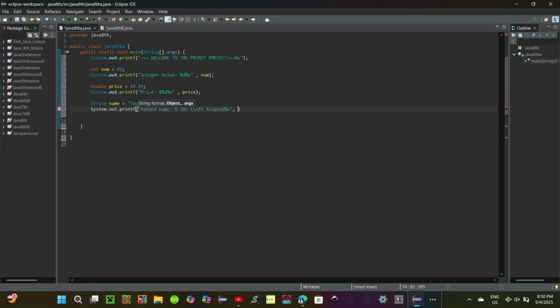name. Wait, before that, let me fix this, and then we'll do space and name. Now we'll put a semicolon there, and we're good to go. Now you guys can write this out again, but I'll just copy this and bring this down, and then we'll